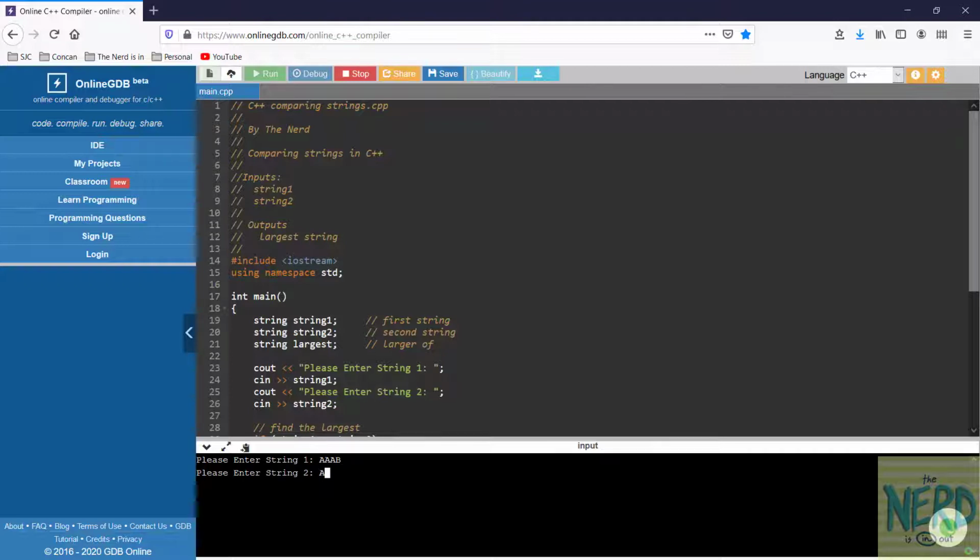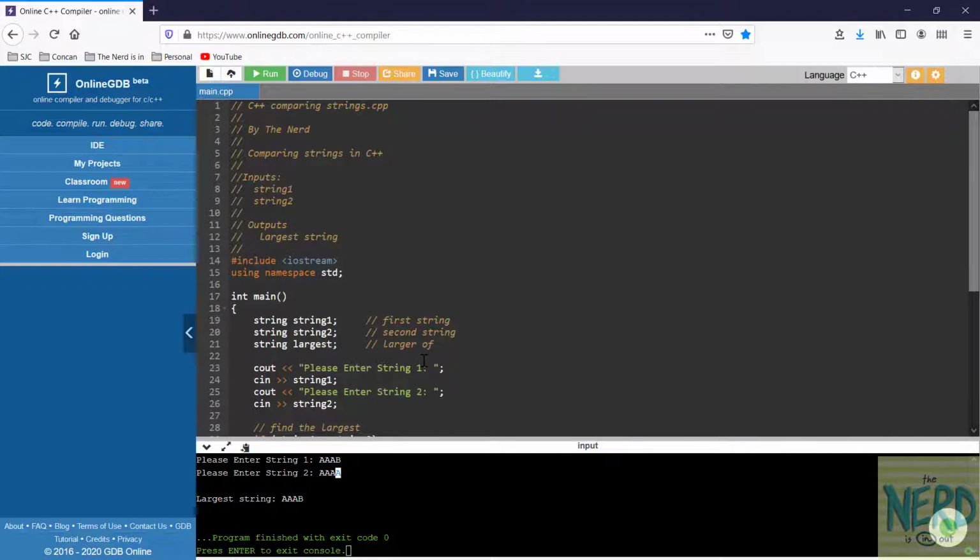Enter string 2, AAAA. And of course, AAAB is larger because they were tied on the first three characters. But the B has a larger number code than the letter A, and B comes after A in the alphabet, as you would expect. So you can see the code runs both ways in both compilers,